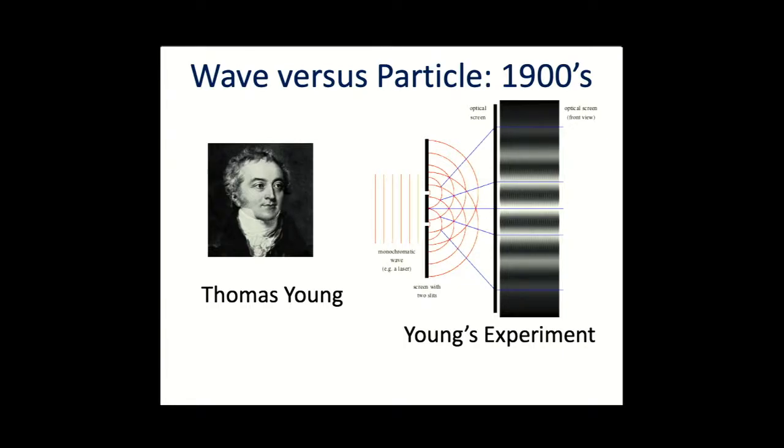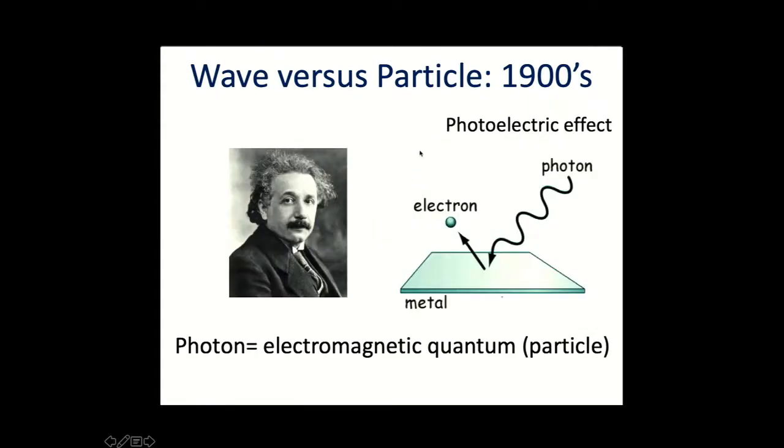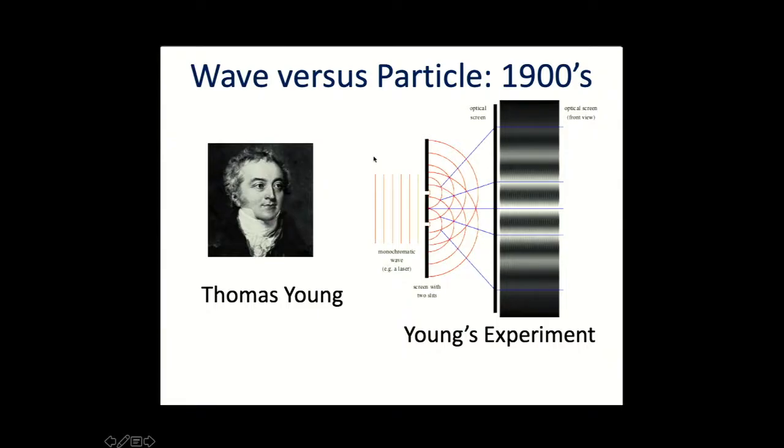And we thought this was settled in the 1800s when Thomas Young did his experiment. In this experiment, there's a light wave that's incident on a screen that has two slits in it. And when the light goes through the two slits, it generates what are called two coherent waves, which will add in a particular way. And this particular way creates bands on a screen located some distance from the slits. And these bright and dark bands are a very unmistakable signature of a wave. So after this experiment, everybody was convinced light was a wave